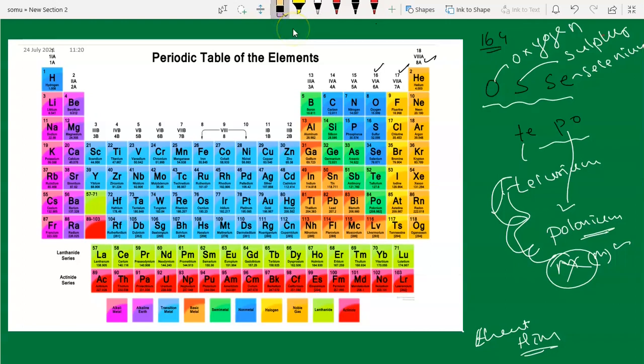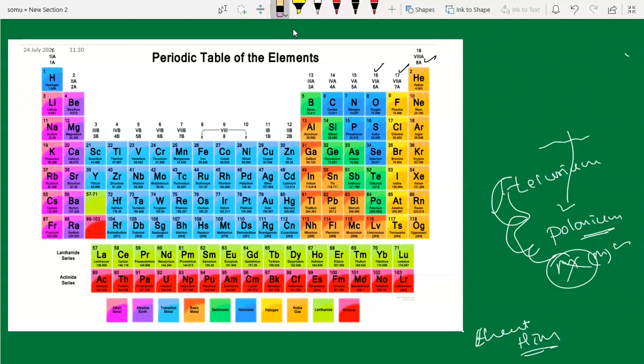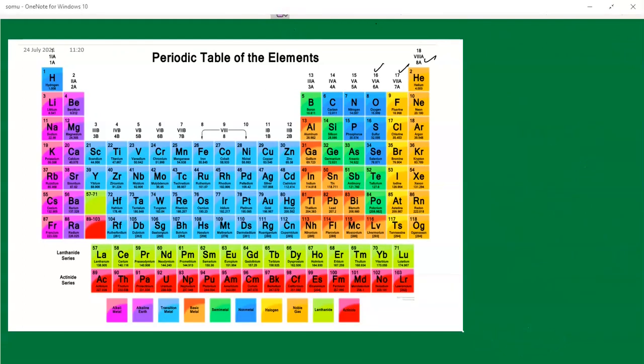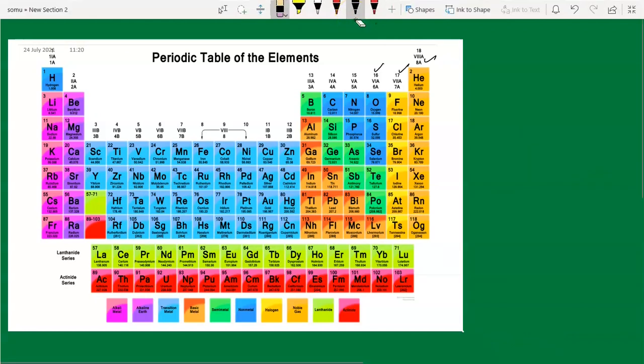Okay, let's go to the 15th group elements. 15th group elements here, and you know already these are nitrogens, nitrogen family.